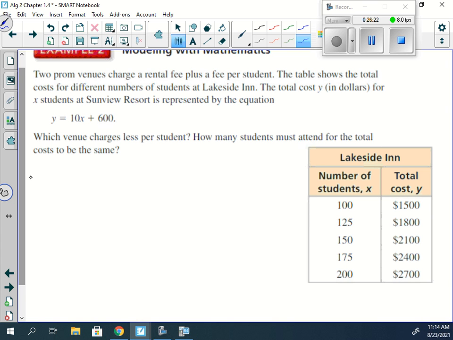So we know that. How much is Lakeside charging per student? Did they tell us? No, they gave us a table, right? We could if it wasn't for the rental fee. Because if it started out at $0, they didn't charge anything for us to show up, we could do that. But really, that 10 for Sunview is just where what? The slope would be, isn't it? Because that's what's changing. So for Lakeside, what we can do is find the